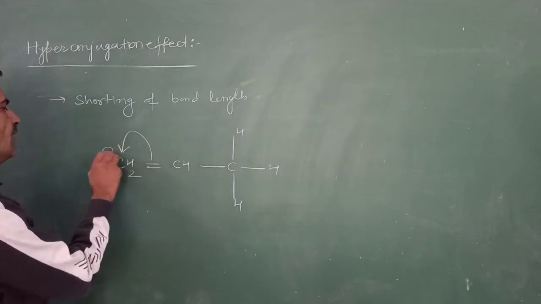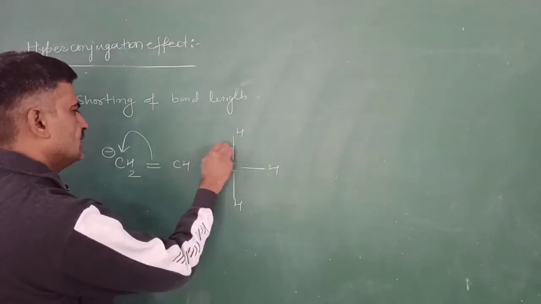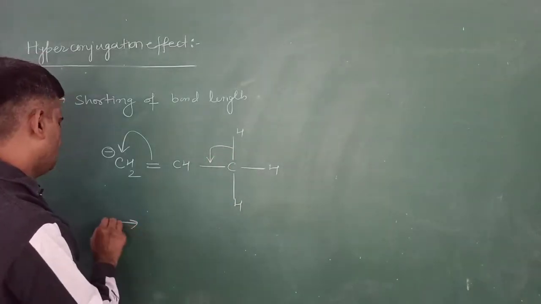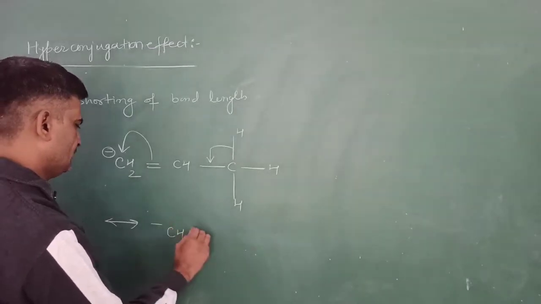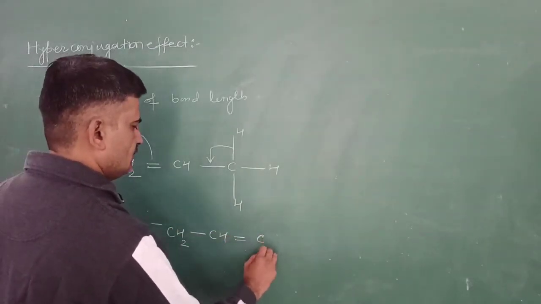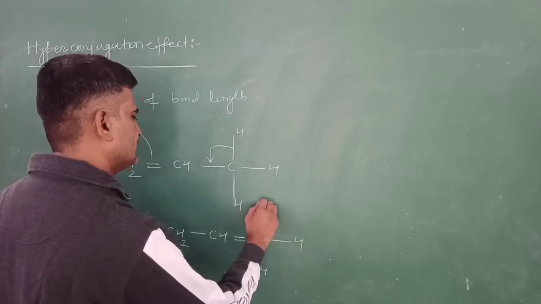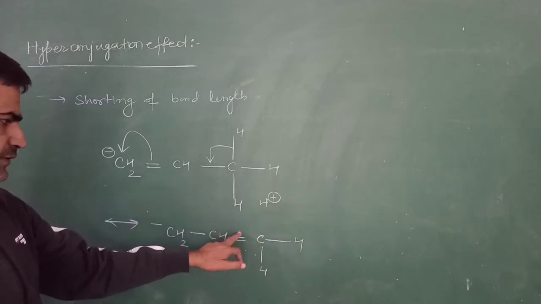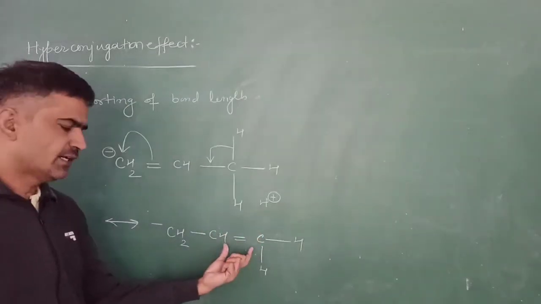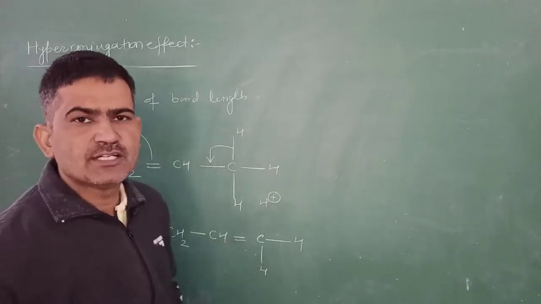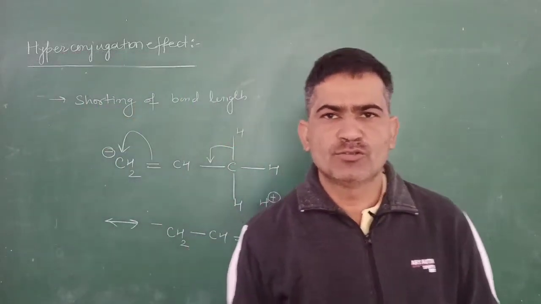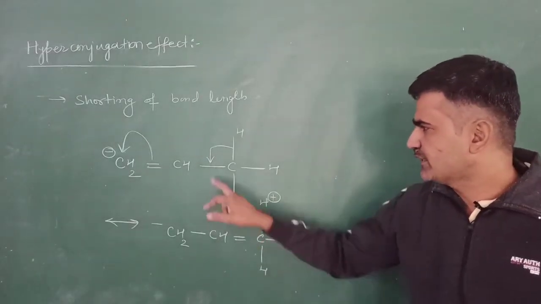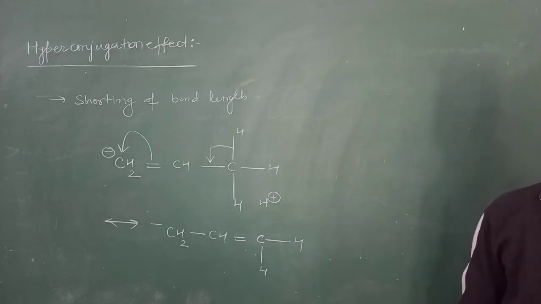This carbon undergoes hyperconjugation, and this is the sigma-pi electron transfer, and the bond length gets short. See, this carbon-hydrogen becomes positively charged and the electron will be transferred to this position, and this has double bond characteristics. This represents the shortening of the double bond. So we can easily explain why the shortening of the bonds takes place at this position. It is due to hyperconjugation.